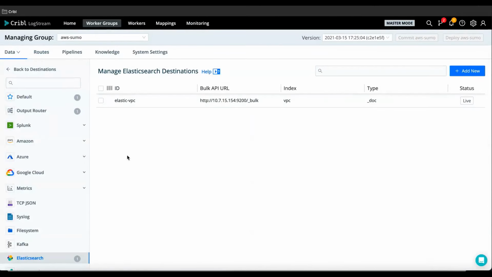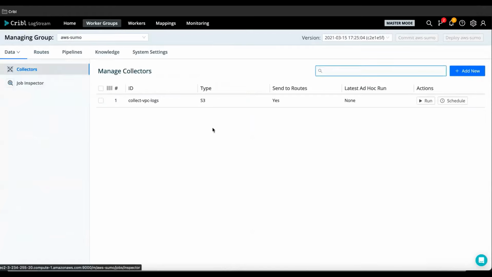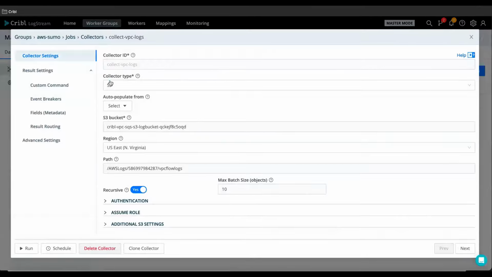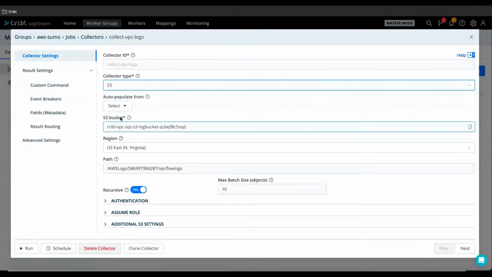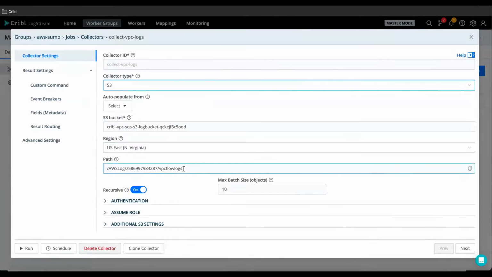So next we're going to want to look at our collector tab. All right, so here we can see the collector. It's set up with a collection type of S3, but this could be file system, REST, or script. The bucket that we're going to be pulling the data from, the region, and the path we want to start with. So now that we've confirmed the collector is set up the way we want it, we can go ahead